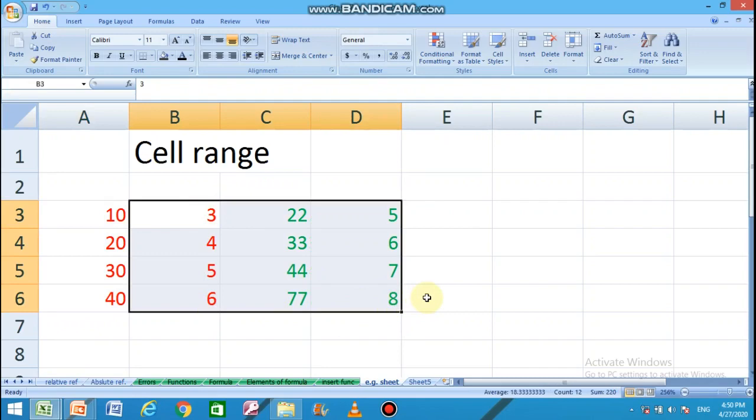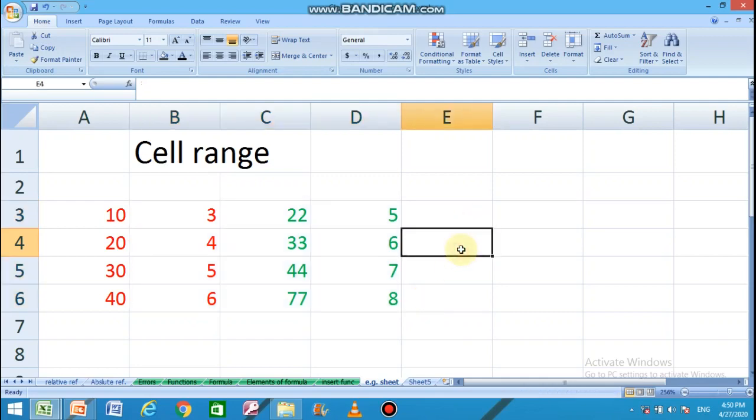Always when there is a cell range, it forms a rectangular or a square structure. If you want to work on a set of values which are in a range, then you can specify the range by typing the first cell address, then a colon and the last cell address.